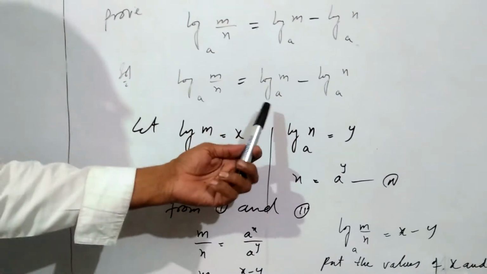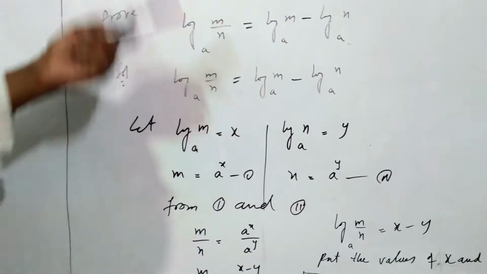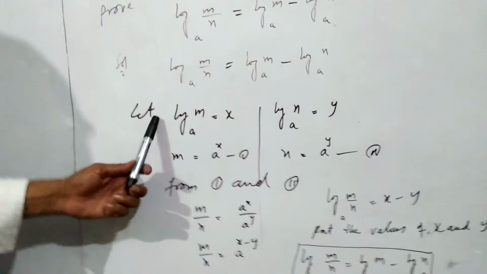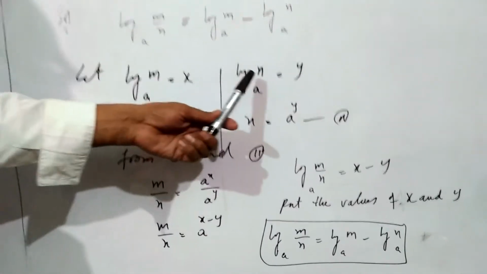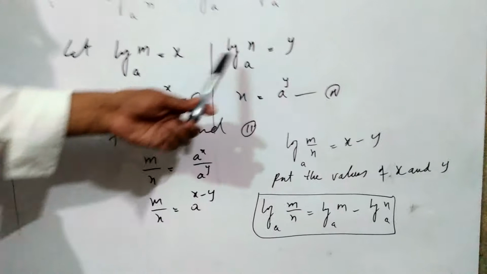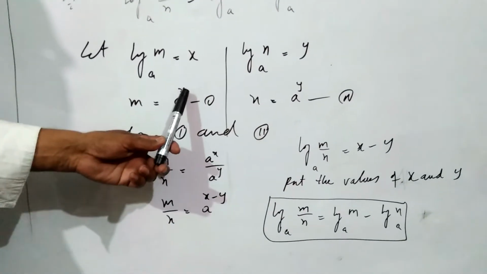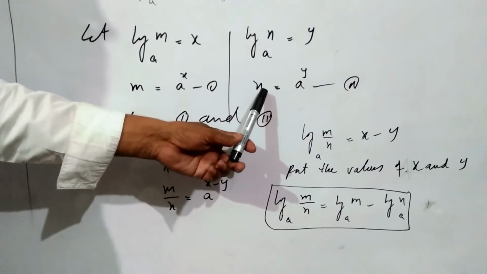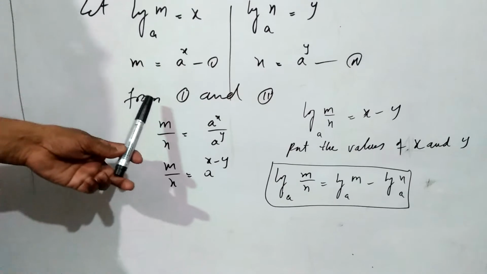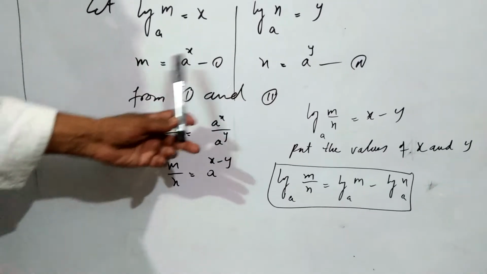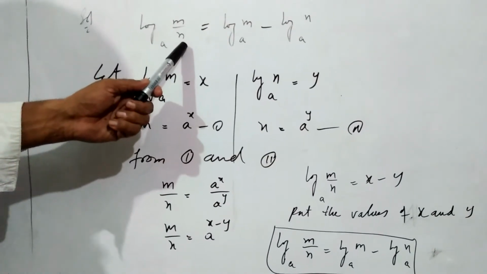Some steps are the same as we use in the first law of logarithm. So let log m base a is equal to x and log n base a is equal to y. Its exponential form is m is equal to a power x, and its exponential form is n is equal to a power y. From 1 and 2, as m and n are divided in the given law, so we have